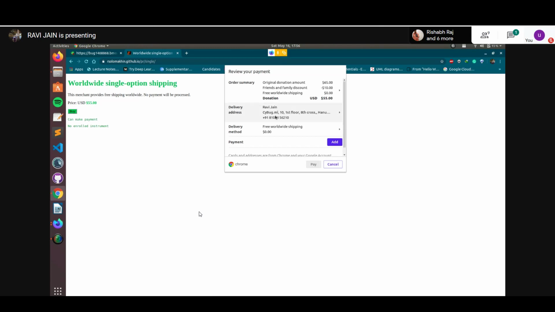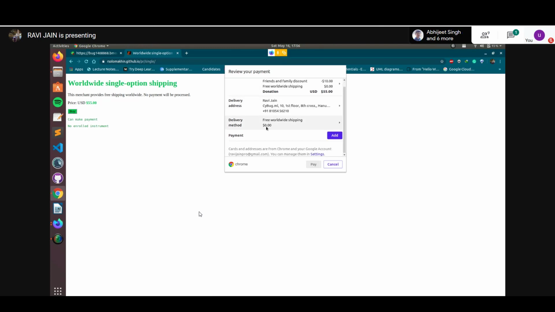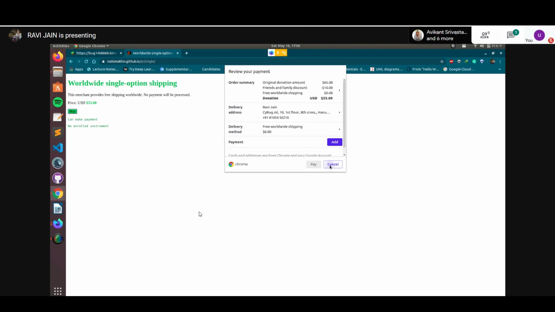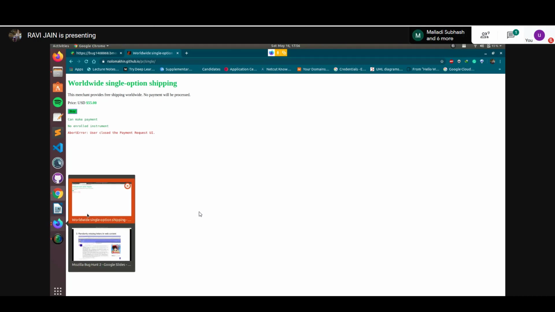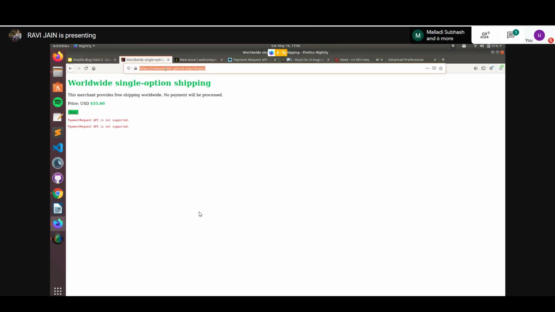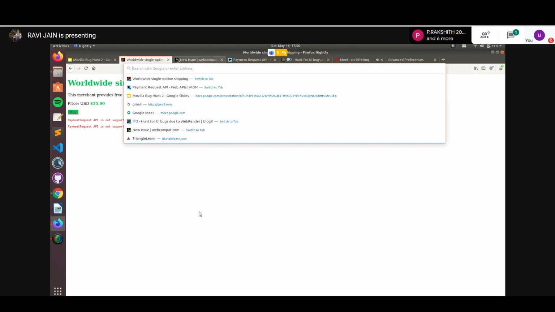When I tap it over here, the API is working well in Chrome, but it was not working in Nightly. So we can go ahead and report the website. If it is already reported, they'll mark it as a duplicate, but still you need to report it.